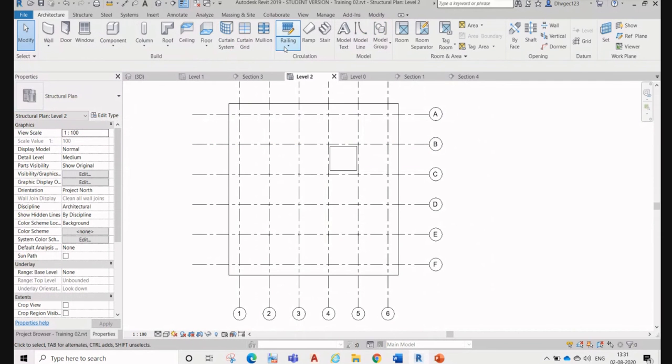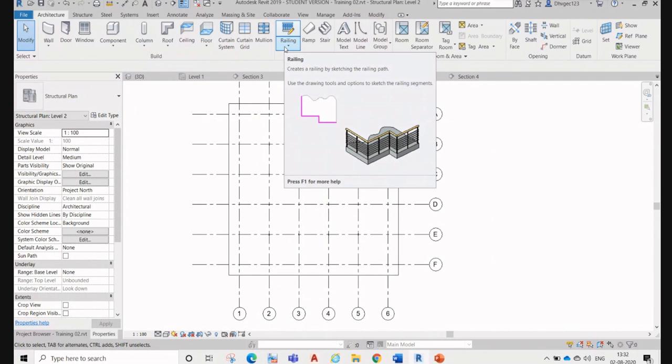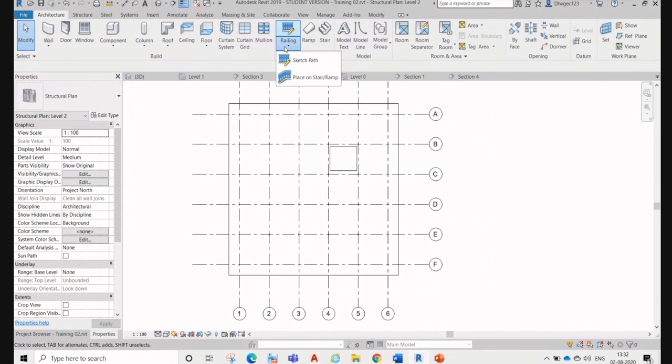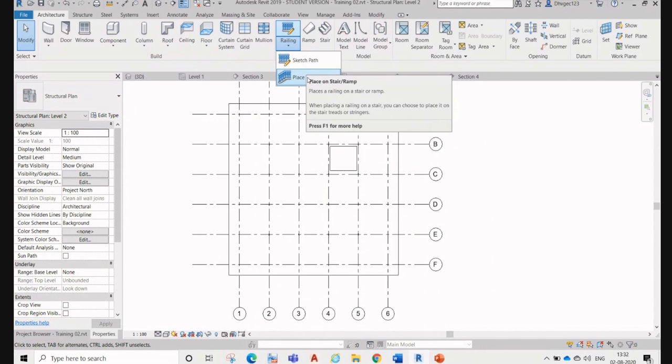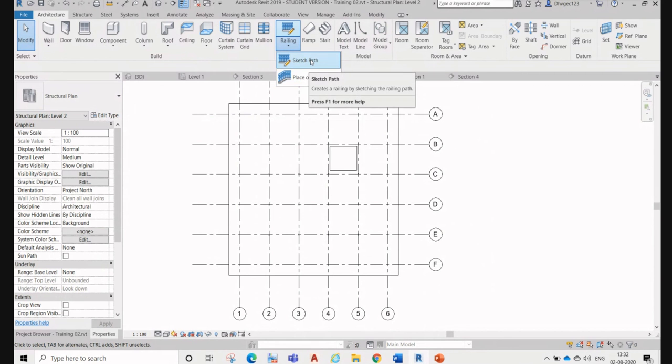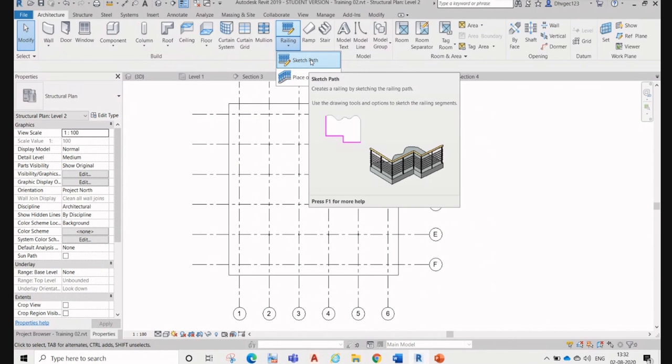Okay, so now we'll go to the railings. Railing is very simple. If it is a staircase railing, then we have to select the staircase. If it is a roof railing, then we have to select the roof.